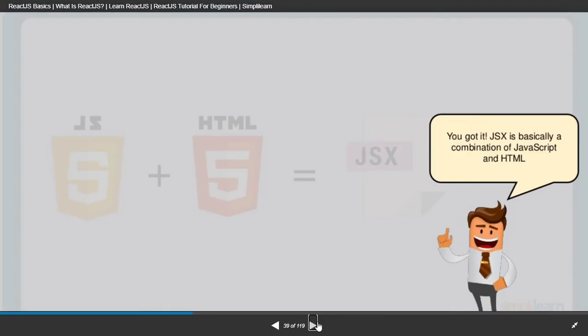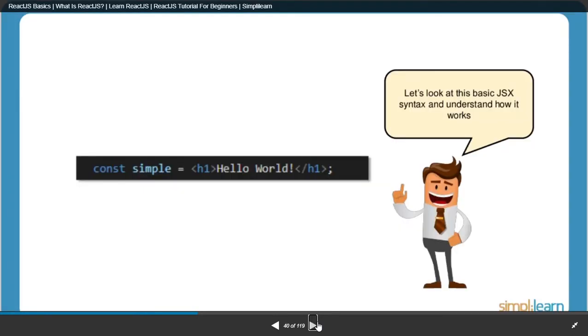Okay, so now you got it. JSX is basically a combination of JavaScript and HTML. Now I have put a simple example here: const simple = h1 hello world.